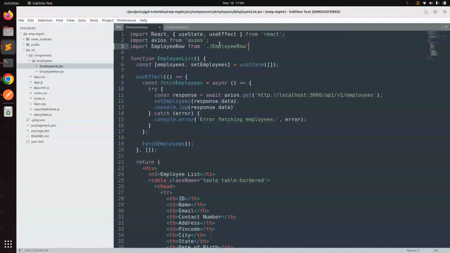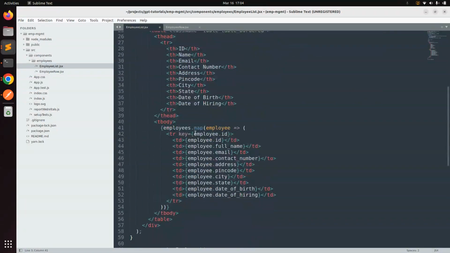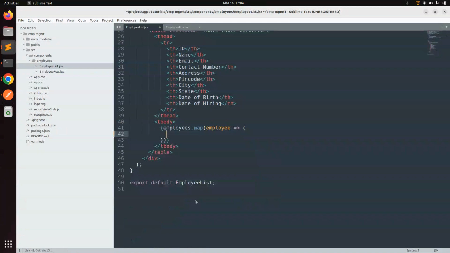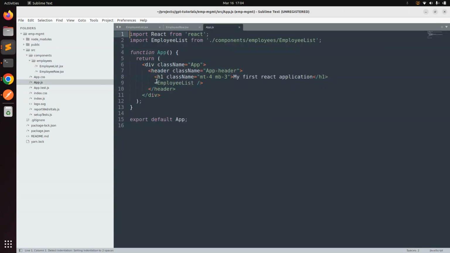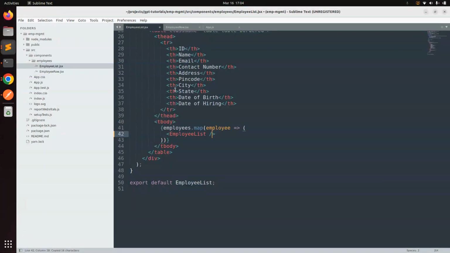Okay, and semicolon here. Now we need to remove this. Just remove it. Instead of it, what we need to do is call this component. And how can we call this component? You can see in app.js we are rendering the employee list component, so we can just copy this format here, and here, employee list, remove the list